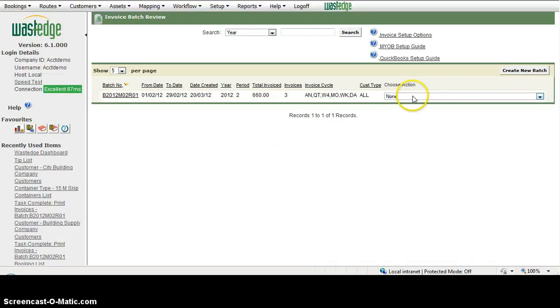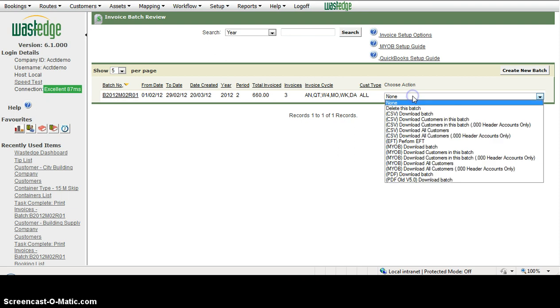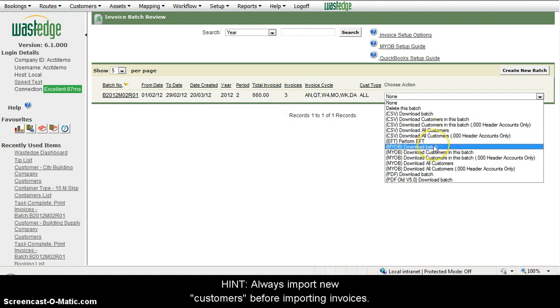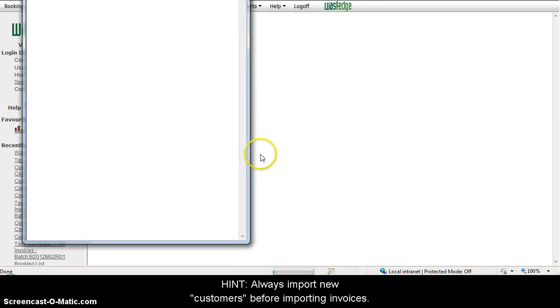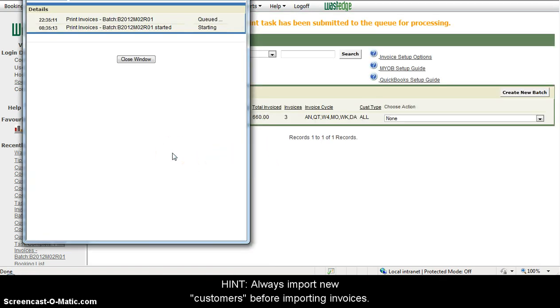So basically, over on the right hand side here we have an action drop down box, and within there will be the ability to download a Myob batch. In that download option, it will create a zip file in a Myob format available for you to download. So in this batch here I have 3 invoices, and I'll try and get them over to Myob now. So I click on Myob download batch, wait for the file to be created,